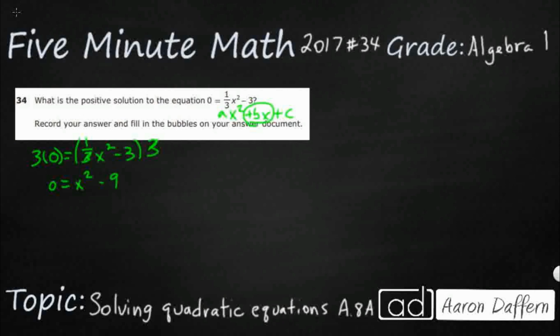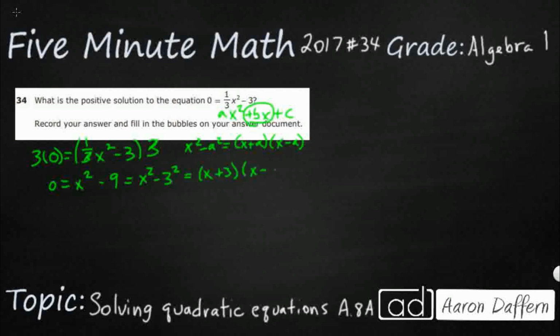Now hopefully we see we've got two options here. First, we should see we've got the difference of squares. So the difference of squares says that when you've got x squared minus a squared, then your factors are going to be x plus a and then x minus a. So hopefully we're seeing this as x squared minus 3 squared, because 9 is a perfect square. Well, if that's the case, then my factors are going to be x plus a. In this case, it's going to be x plus 3,